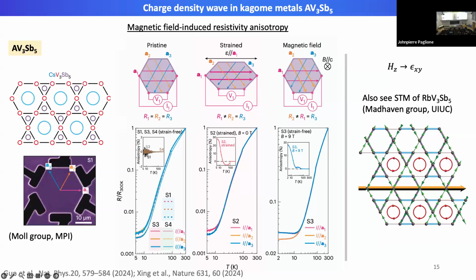So as you might recall from the discussions that we have so far, the piezomagnetic coupling is only allowed in systems that break time reversal symmetry, and therefore it's highly likely the charge density wave states here actually break the time reversal symmetry. And to achieve this, one way is to form so-called loop current states on this lattice, and this is one of the possible loop current states that allows this piezomagnetic coupling.